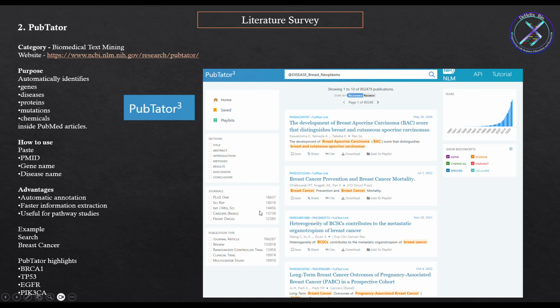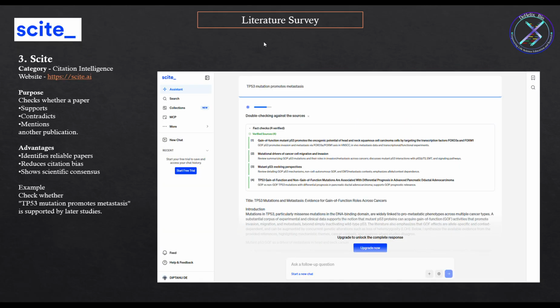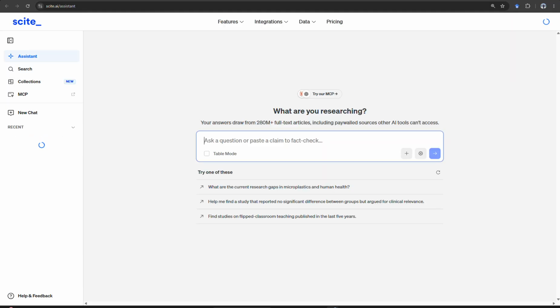So the next one we'd like to visit is the other web tool, which is called Cite. It's categorized as citation intelligence, and it is similarly a literature survey tool. Basically you can check whether a paper supports, contradicts, or mentions other publications. So basically you can check multiple different things. So if we go back to this web tool, you can see